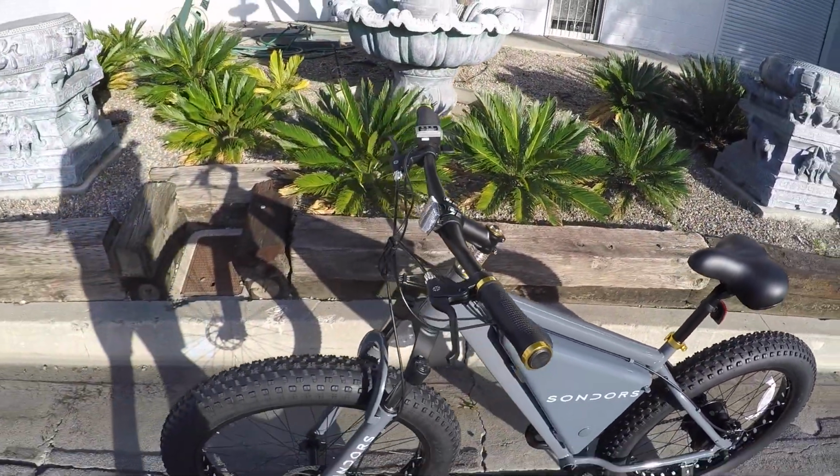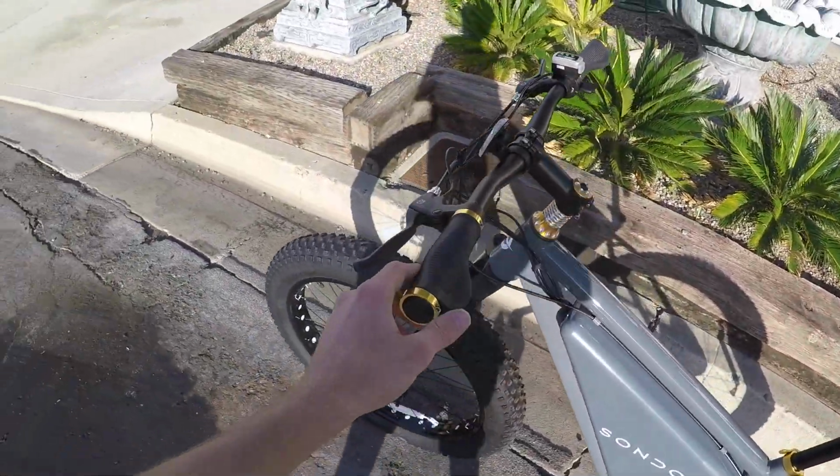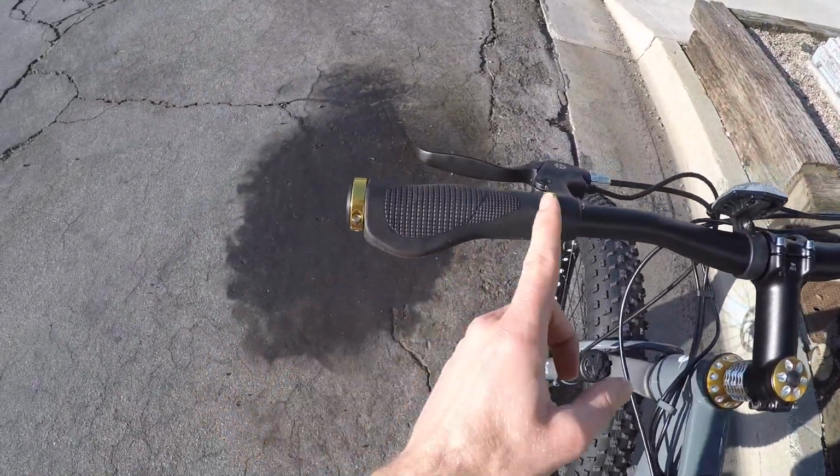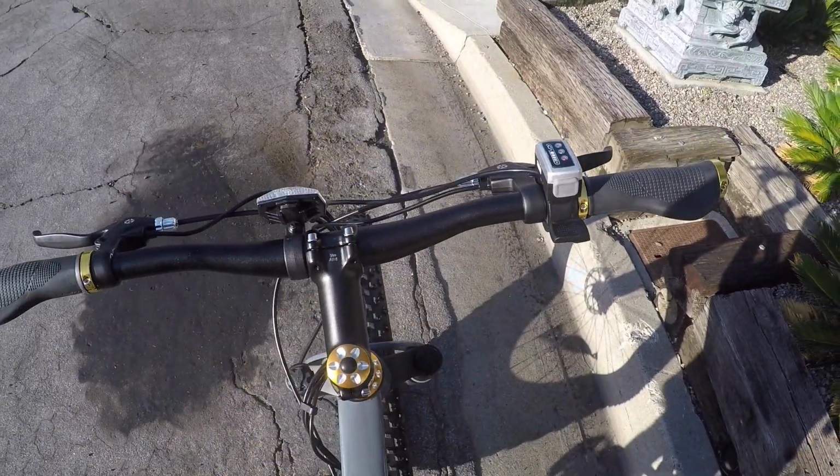Kind of everything you're supposed to have. And again, those motor inhibitors. So that's all safety stuff. Ergonomic grips here with lockers, and they aren't really compromised. You don't have a twist throttle here. You have a trigger, which I kind of like,